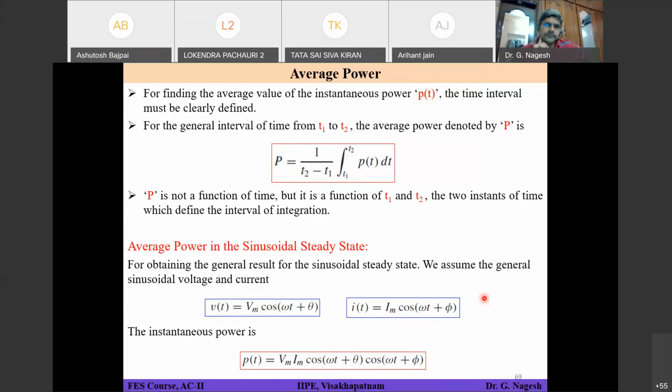So that's why average power is more important than the instantaneous power for us. If you go forward in the next slides, you will understand that average power is more critical. It basically comes from the RMS value of voltage and the RMS value of current. Can we call it the maximum value that the element can hold, sir?